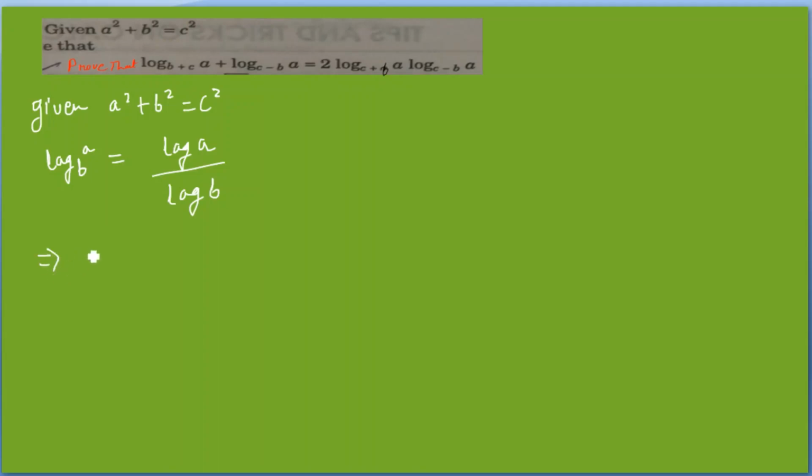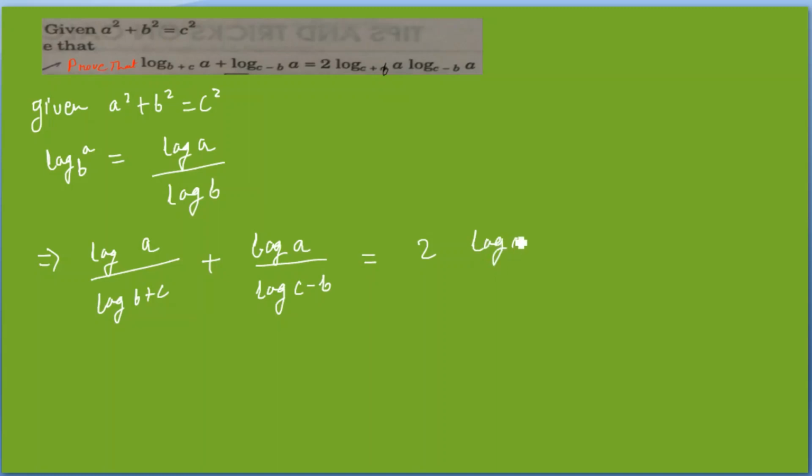We can write log a upon log b plus c, plus log a upon log c minus b, equal to 2 log a upon log c plus b into log a upon log c minus b. Okay, taking common log a,